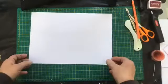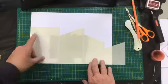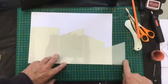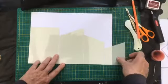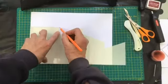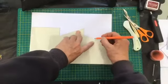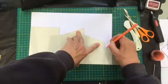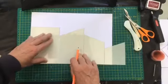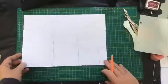So first of all, what we'll do is I'll lay the template so it's lined up at the bottom and the left-hand edge, and you can see here that the template is too long for the piece of paper. That's absolutely fine. Okay, we're going to deal with that. So first of all, we'll trace around the edge of the template. I'm going to be fairly rough about this. Obviously, if you're doing it, you can take a little bit more care. And then for the sake of the demo, I'm going to draw lines down the score lines like that. Okay, so you are left with this shape,